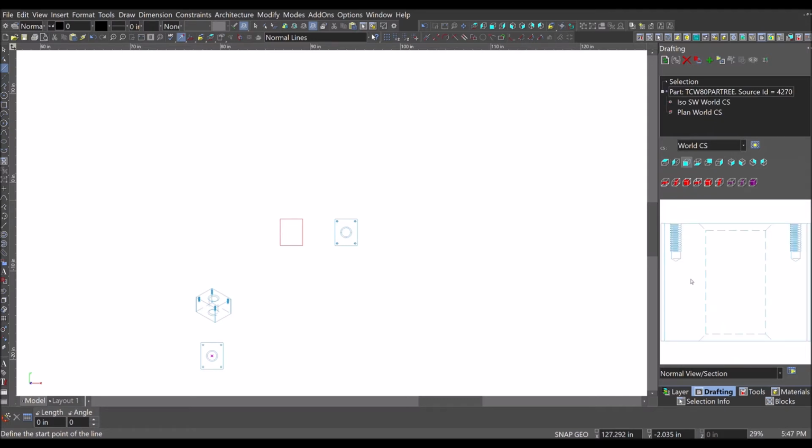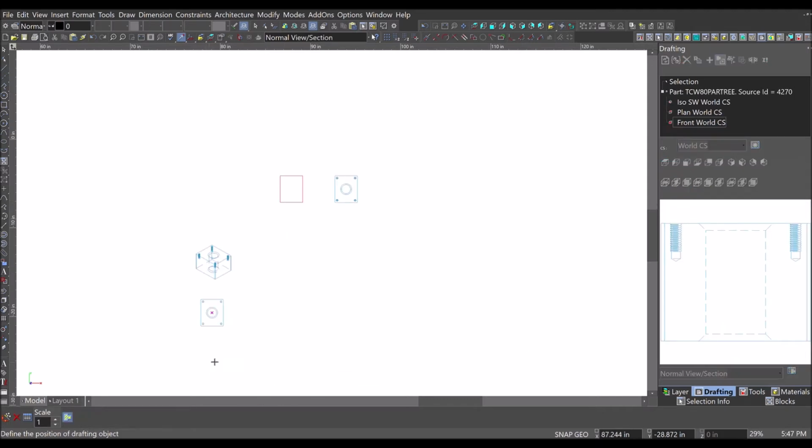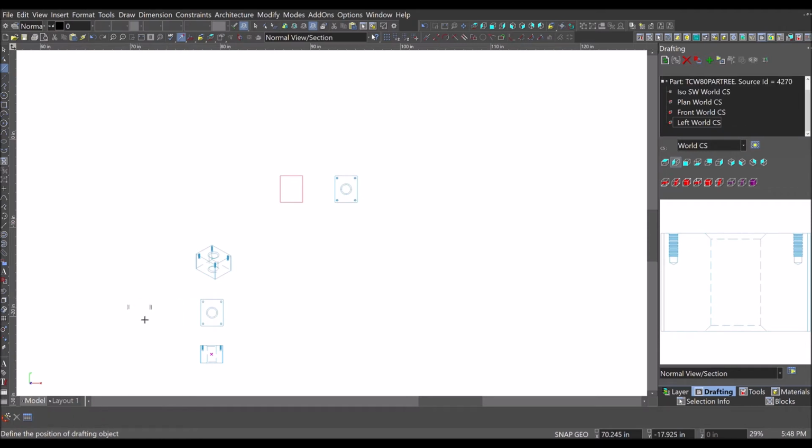Anyway, now you're going to see me putting out several 2D images that can be dimensioned. The first one's going to be an isometric southwest. The second one will be the top view. The third one will be the front view. The fourth one will be the left side view. And then I'm going to do the